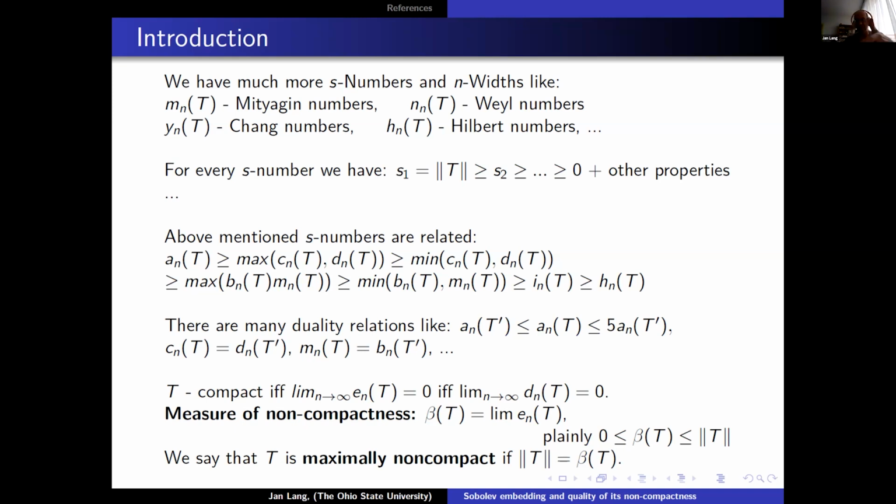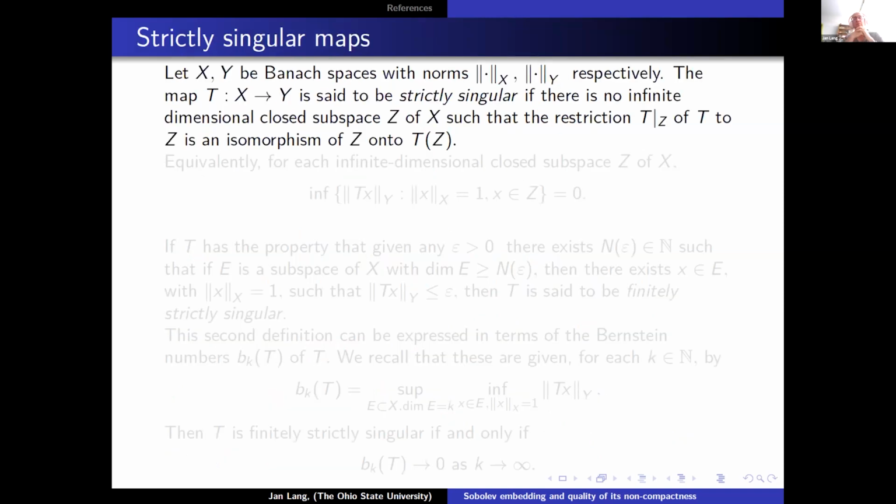Now there is a notion for measuring non-compactness by using some geometric criteria. Yes, there is also another concept used for measuring quality of non-compactness, and that is something which is called strictly singular maps. Okay. What does it mean that some map between two Banach spaces is strictly singular? I'm going to say that the map T from one Banach space into another Banach space is strictly singular if